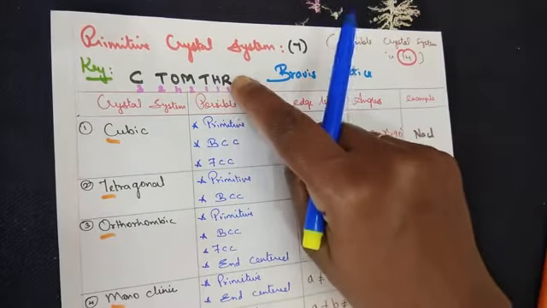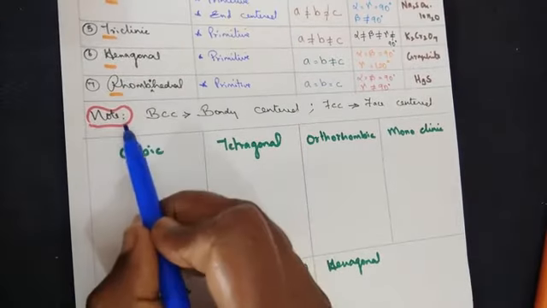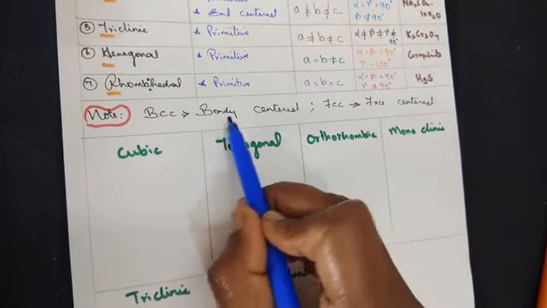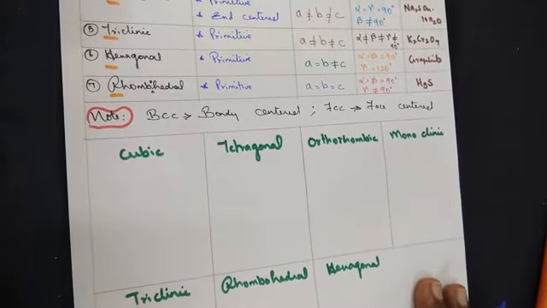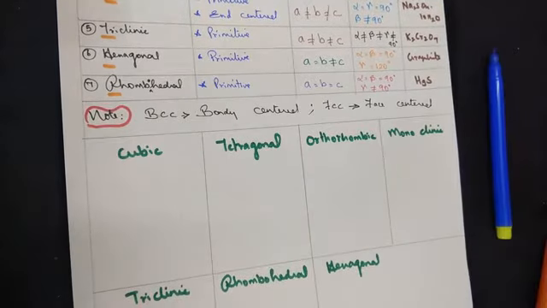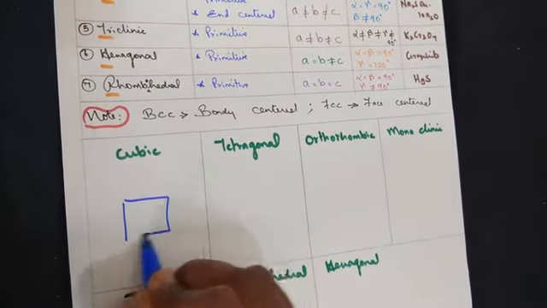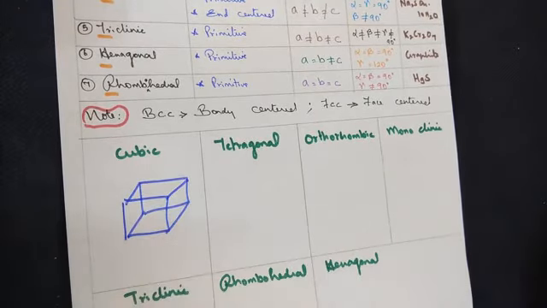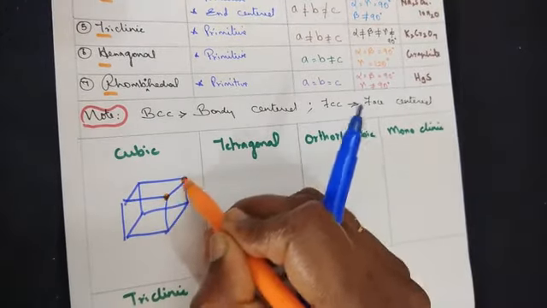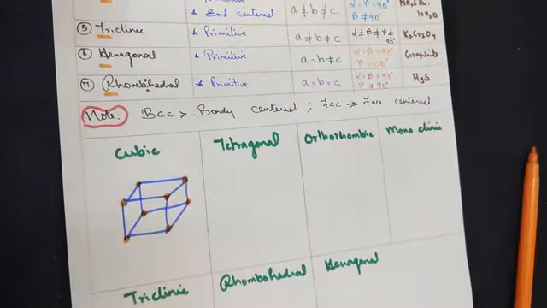So this talks about the types of crystal system that is possible. Coming back, I have also written a note: BCC, as I told you, stands for body centered, and FCC stands for face centered. We will see it in the next class in detail. Coming back to the structure of each one. Now the cubic structure can be drawn. Just see how I am drawing the structure. Everywhere you have to write the points. Points can be ions or atoms or molecules. So this is the structure of cubic crystal.